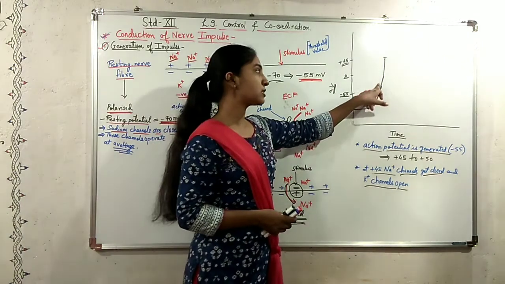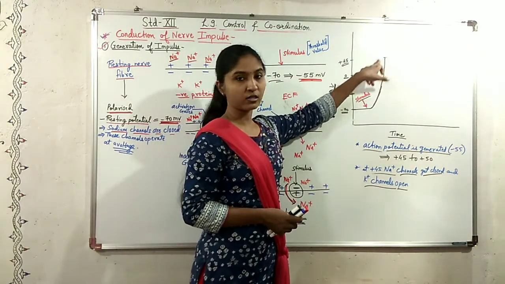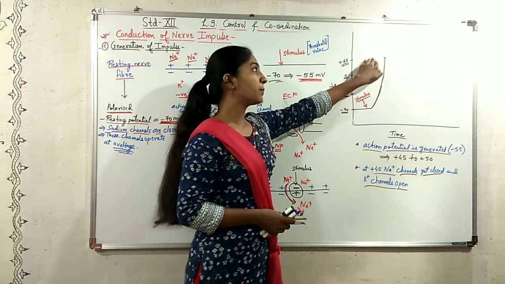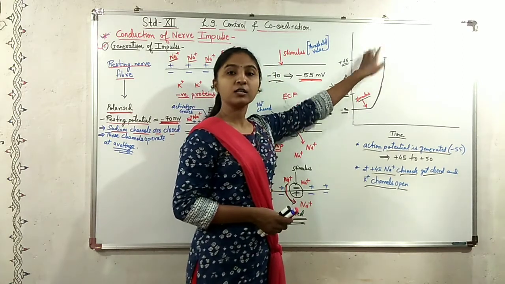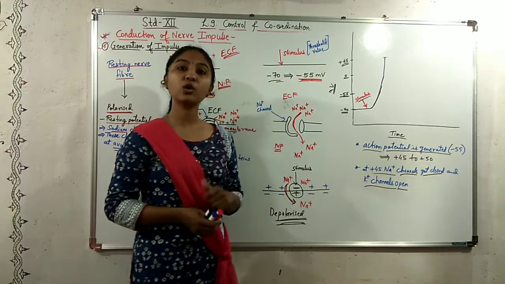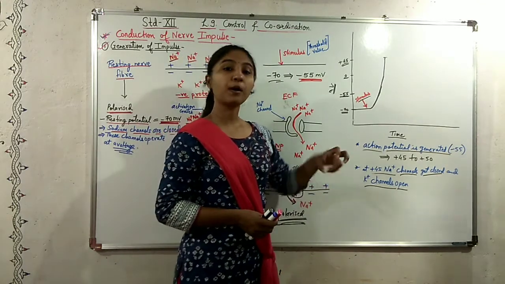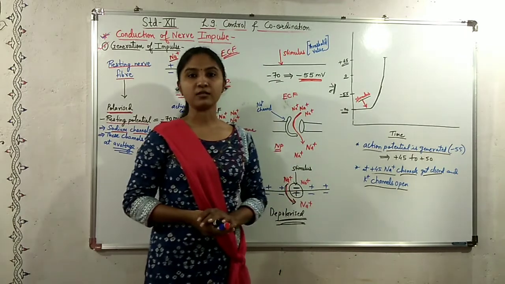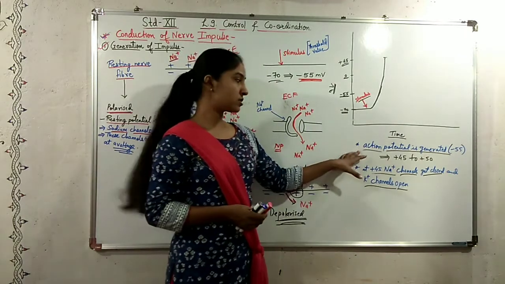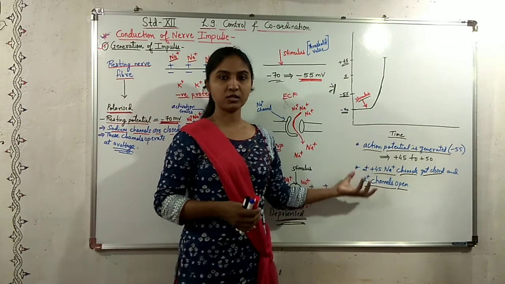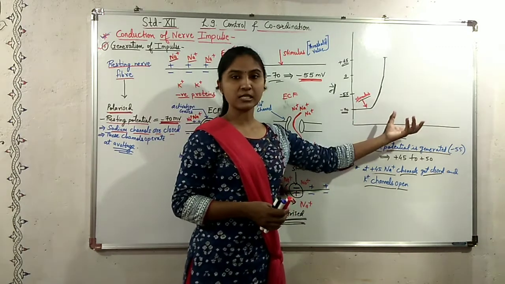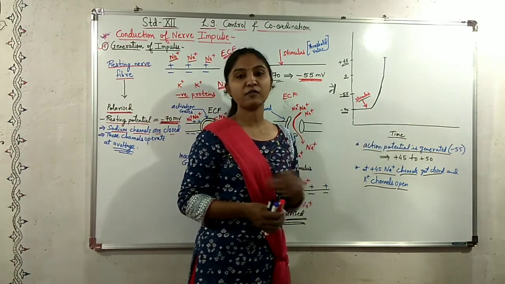Now from this, the graph rises to plus 45. Here the sodium channel gates close down, and the potassium channel gates open to pump out the potassium ions. Now, how the conduction of this nerve impulse takes place, that we will see in the next